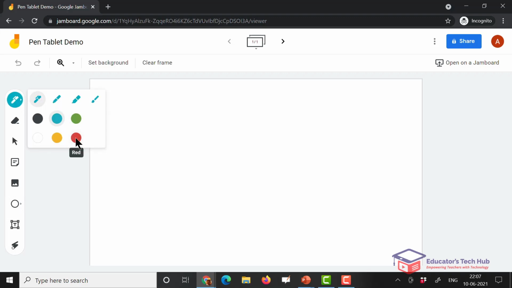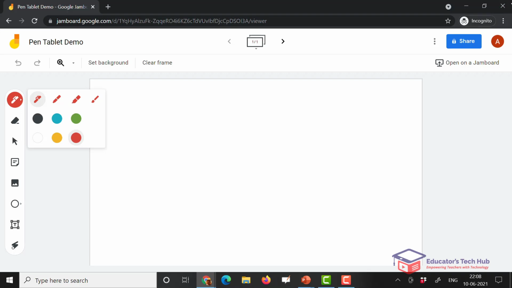So I just choose a pen with red color. Now pick up your pen. I'm sure you must have connected your pen tablet to the USB port of your computer. You don't need to install any other software or driver. Windows 10 automatically detects the product. Now once you have connected, you can just check. The moment you move the pen over your tablet, it will give you an idea. Let's say I'm coming to the top of the tablet and you can see the white dot there as the corner. So I can mark my corners and I can see my corners. So this is how I can utilize it.